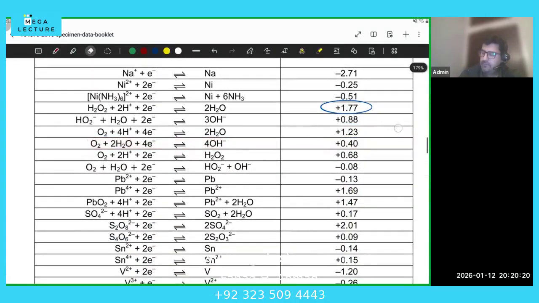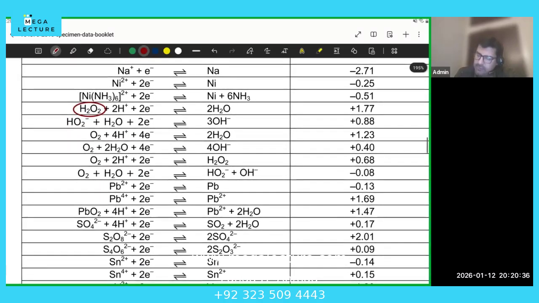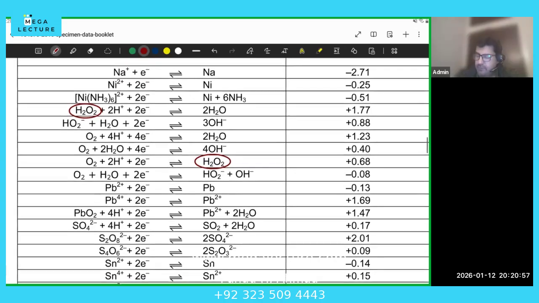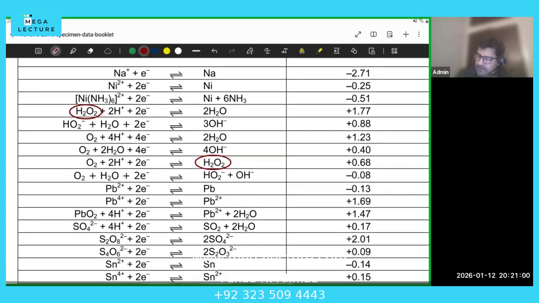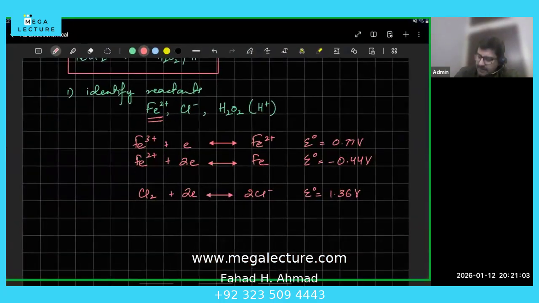Okay, so your H2O2 acidified, this is H2O2, and it has H plus 1 with it, right? So it's got H plus 1 in it and water, so I guess that's one. There's H2O2 somewhere else as well, but that does not have the acidified part. Our H2O2 has H plus 1, so I can pick this, but I can also choose to just ignore it, because I think acidified is important. So H2O2 plus H plus 1 plus 2 electrons gives 2H2O, and that's 1.77. Okay, so I'm going to write that.